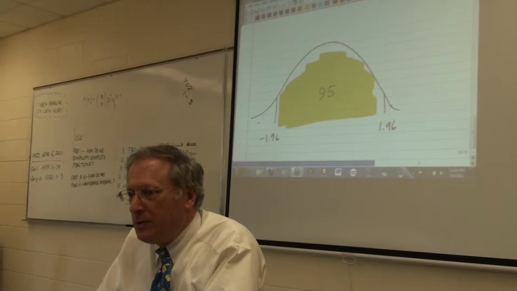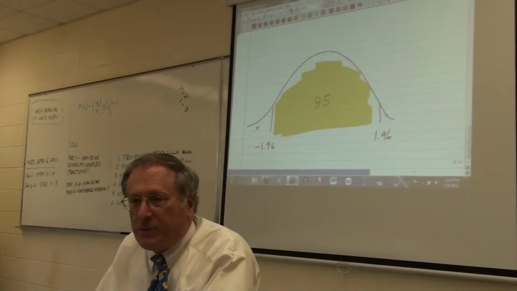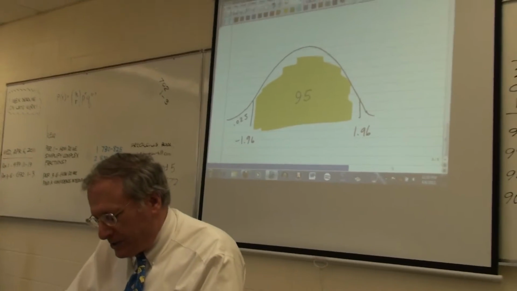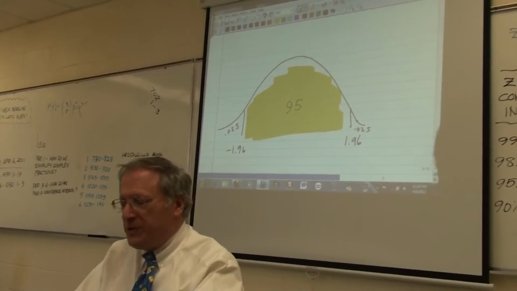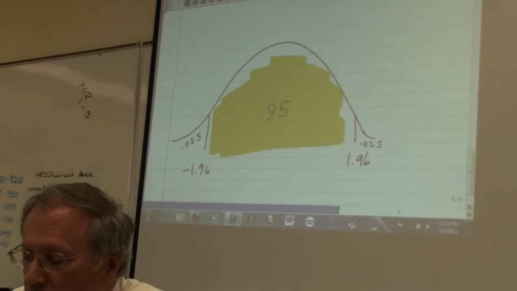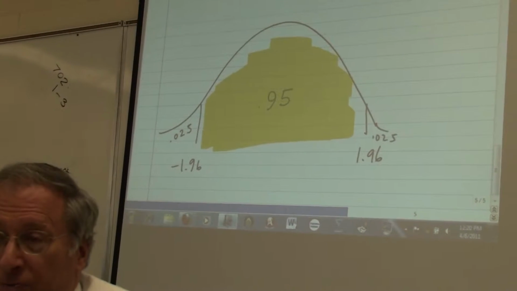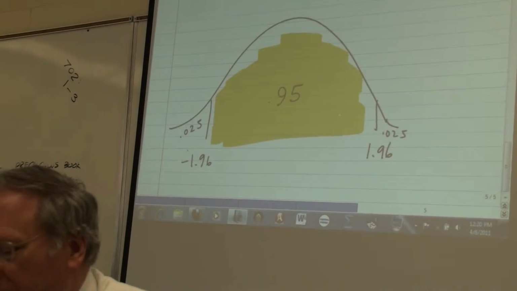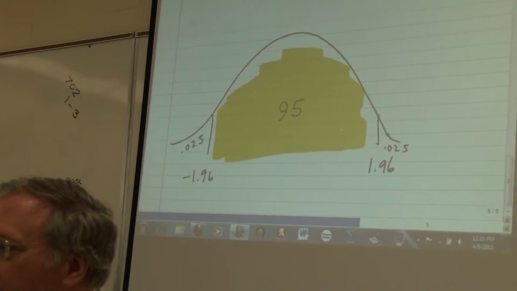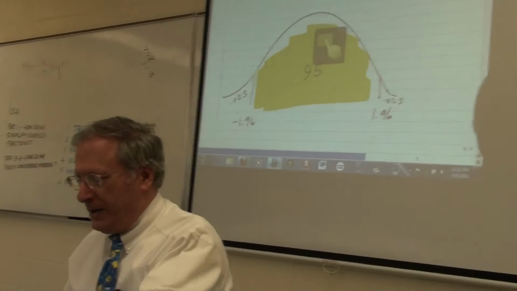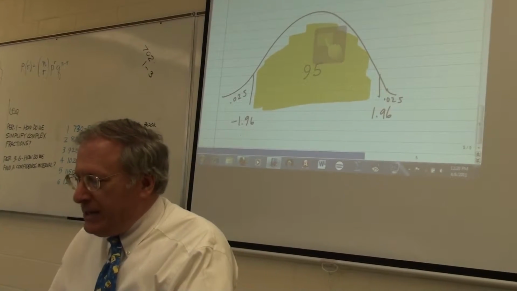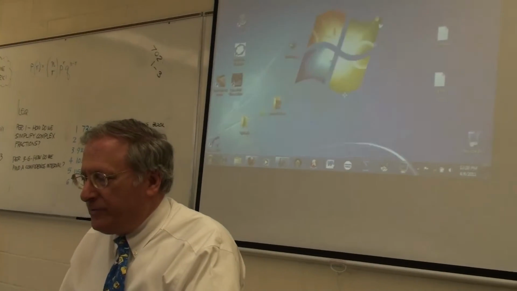It's going to be 0.025. Because it's symmetrical, it'll be 0.025 here. So basically what I want to do is, instead of going from negative 1.96 to 0.025, like you know how to do, go from 0.025 to negative 1.96, and the procedure is, are you ready? You get out your TI 83 or 84,